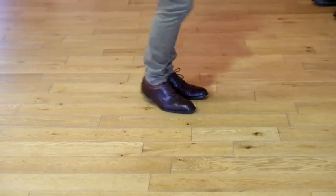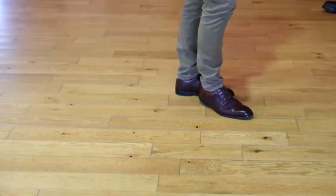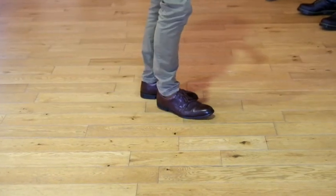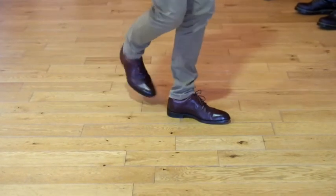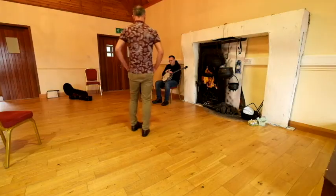You can as well use a heel back 2 3, heel back 2 3, or you can use the ball of your foot, the tip back 2 3, tip back 2 3. But for now, for the rest of the dance, I'm going to do it with the flat of the foot. So it's going to be stamp back 2 3, stamp back 2 3. So when we try that, we'll do